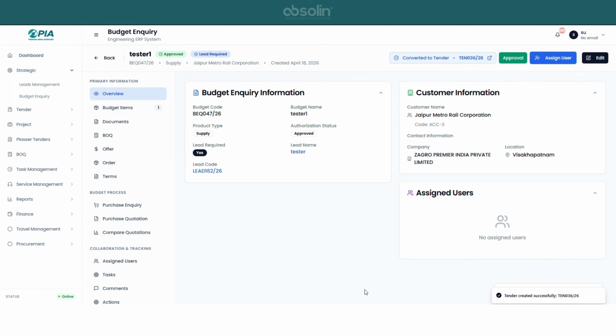Now we have successfully created the tender with the tender reference number and everything. Now we move on